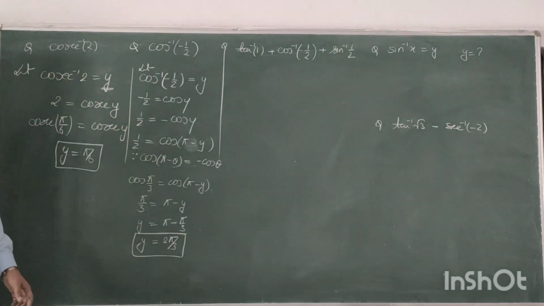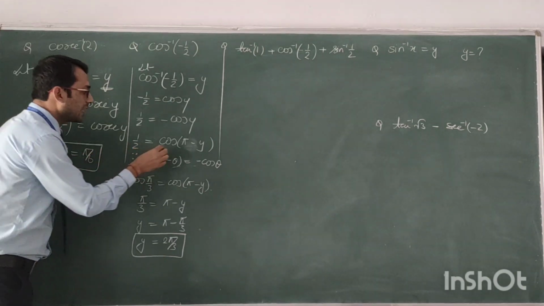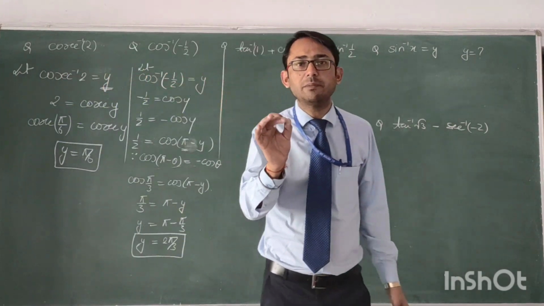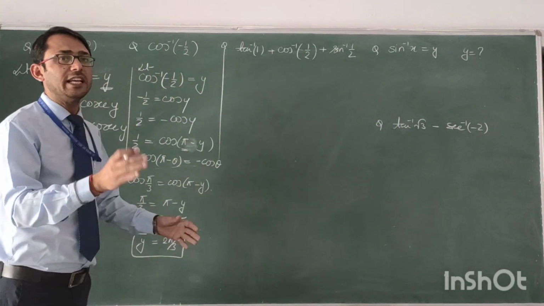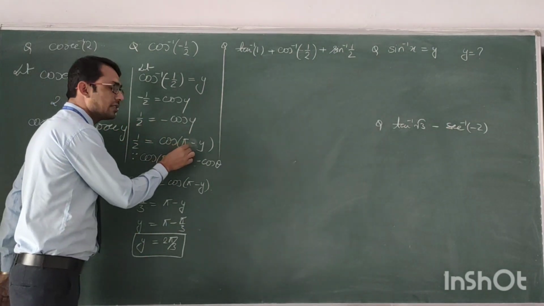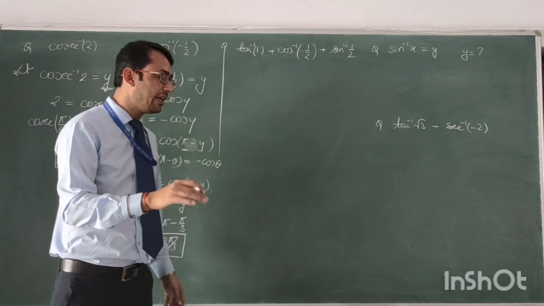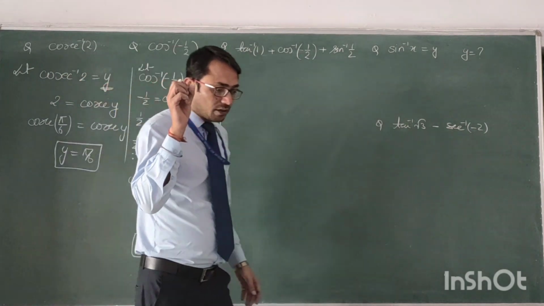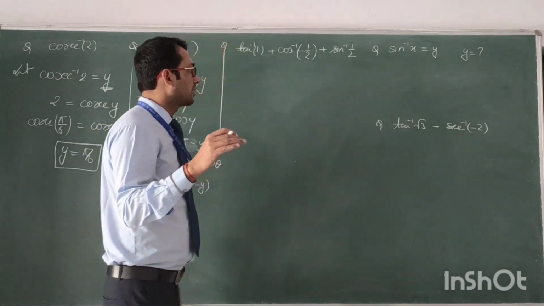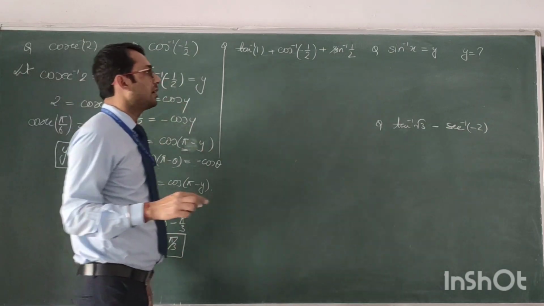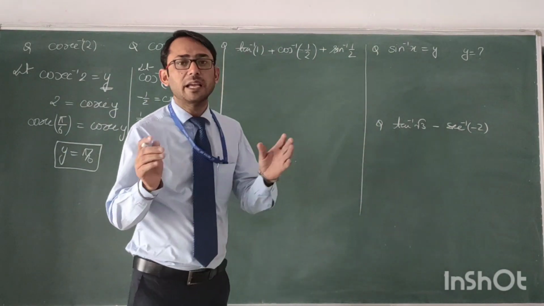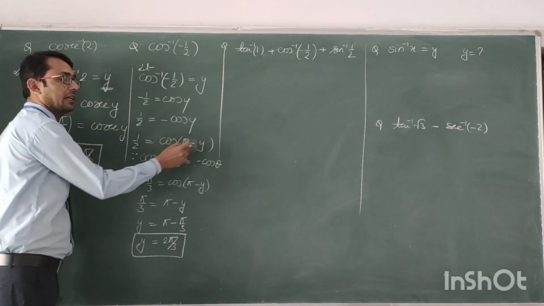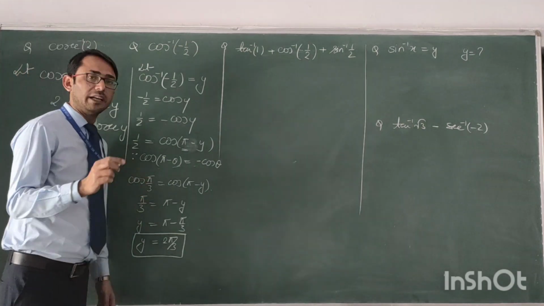So likewise in the case of cos we need to do. Now why have I taken pi minus, whereas cos might give us otherwise also? We need to keep in mind cos inverse always lies between 0 to pi. So we must keep it less than pi, less than 180. For that we have taken this one property. In the case of cos, as I taught you in this topic, whenever we are talking about cos inverse, it must lie between 0 to pi. So to keep it less than pi, we are subtracting it from pi, pi minus y. That one identity I am using.